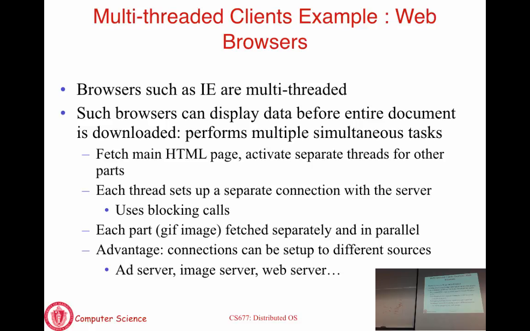Any browser has to perform a whole set of these tasks. Handling user events like user clicks, communicating with remote servers, data that's come over a network needs to be processed, you may need to fetch additional data, and all of that has to happen before you can display the page. So now the question is, if you have all of these tasks, how can you use threads to